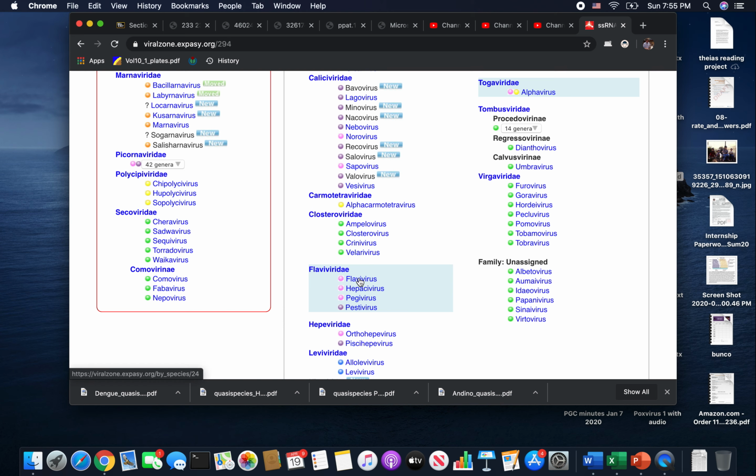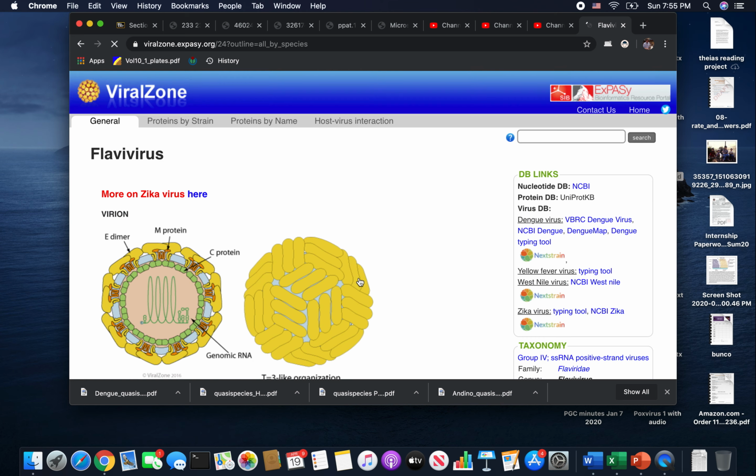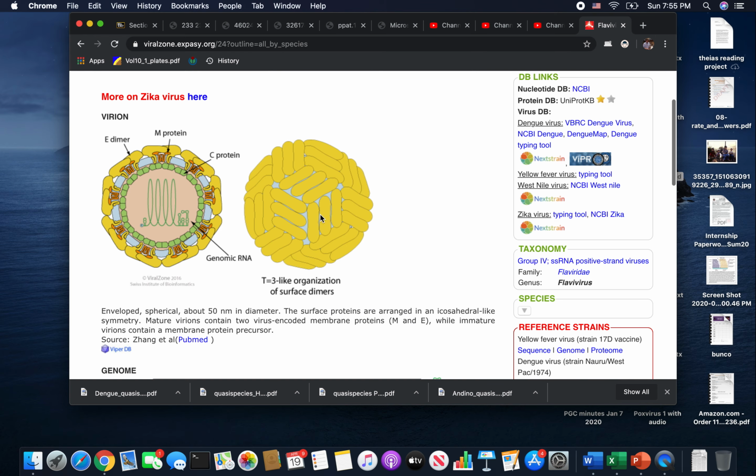Here we go. It's going to be in the flavivirus genus. And there we go, dengue virus. Fantastic. So the virion looks like this. It's got a really neat fusion protein. Well, the fusion protein is going to start out laying down like this. And so these are actually two proteins that are laying down and forming a